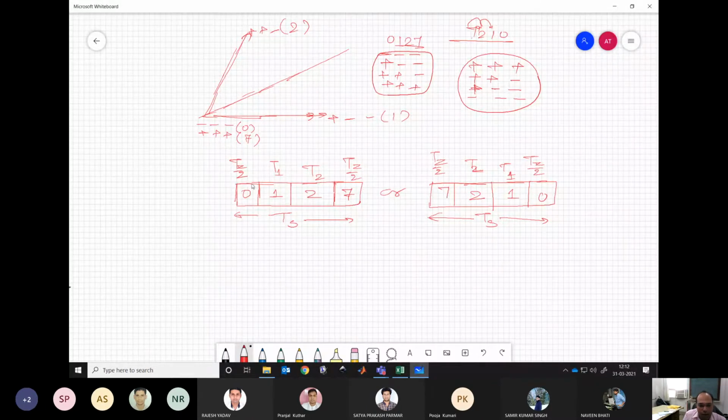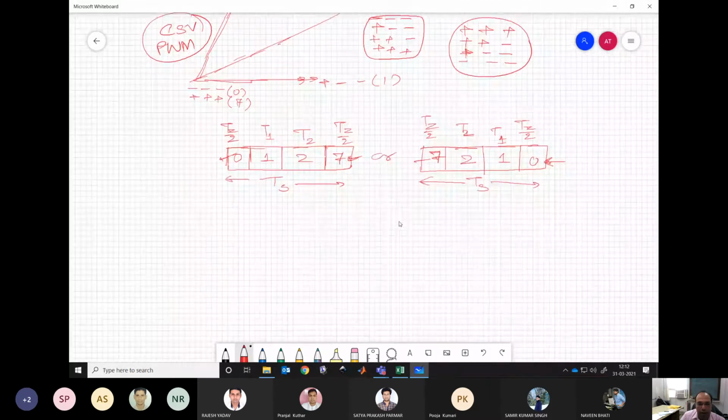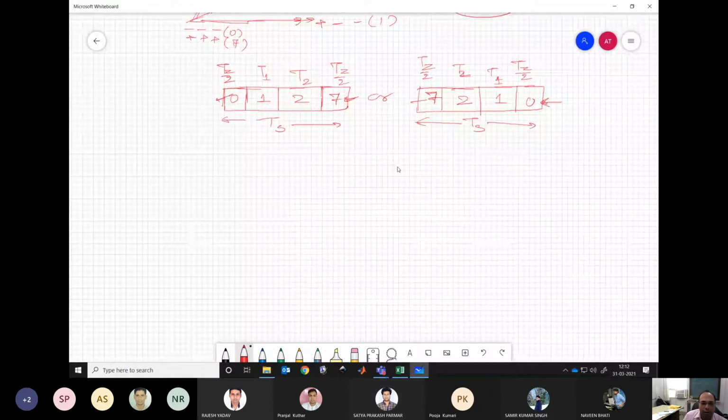But there is no such requirement. It's only the conventional way. That's why I say conventional space vector PWM, that we are applying both zero vectors. But there is no such requirement that we need to apply both the zero vectors for it to be realized. That is not true. We can have only one zero vector applied in one subcycle.